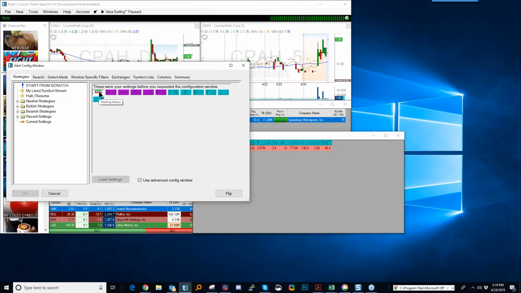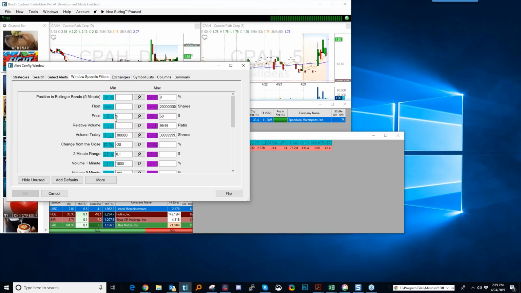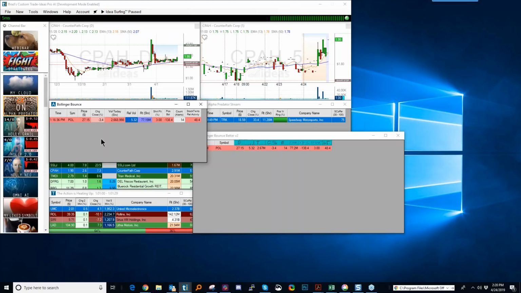So we're looking at a stock, and the event that's taking place is it's trading below. And then there's a variety of filters on here. We can look at the filters that I have in place, some minimum and maximum values for float, price, relative volume, and such. There aren't too many filters in this strategy. So this is all that I have. It's not important right now what the specifics are, but I'll go ahead and run the backtesting